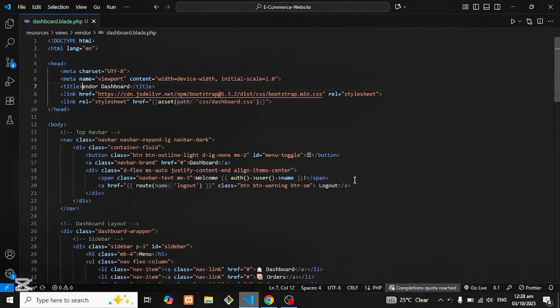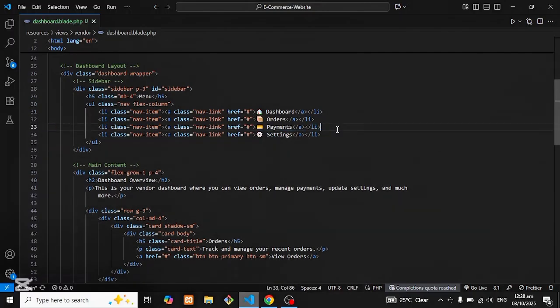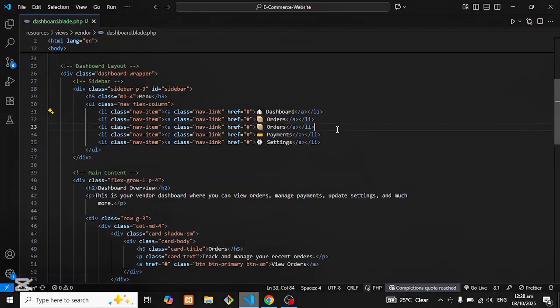I will make that done. Perfect. Now we have dashboard, orders, payments, messages, help and settings. I guess we should create one for products first of all, products,